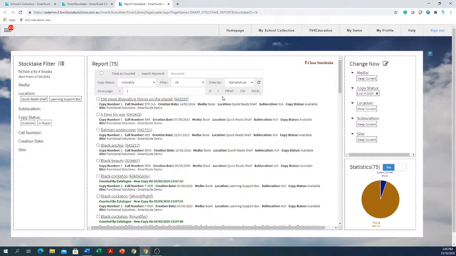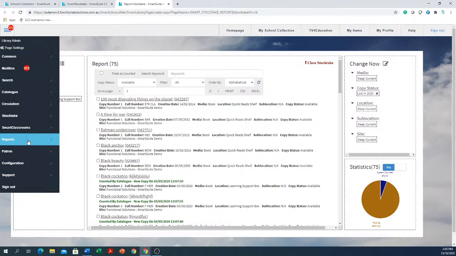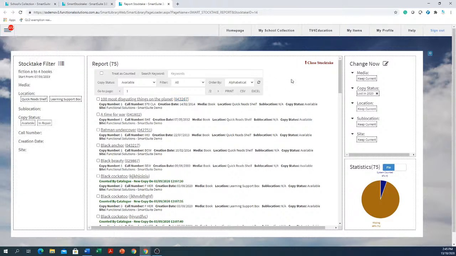And I would like to have done a report of certain things in here. No big deal. No big deal at all. Okay, so if you accidentally close the Stocktake and that's the end of it,